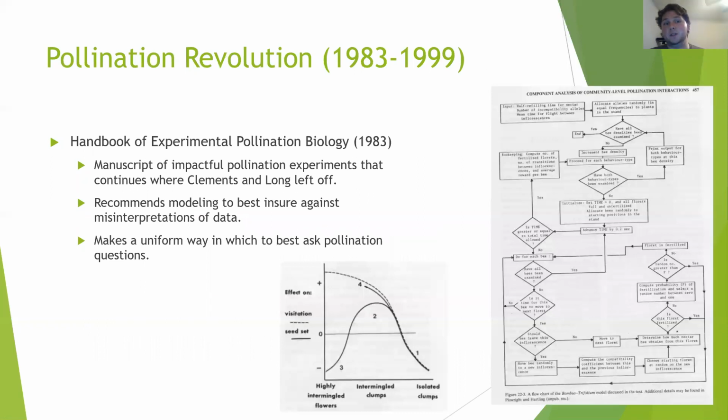From there, we move into what I call the pollination revolution, which happens from the early 80s through the 1990s. And during this time period, there is just a boom of pollinator papers. There's tons of research going on. And it kind of starts with the Handbook of Experimental Pollination, which goes further in depth from where Clements and Long left off, by trying to create